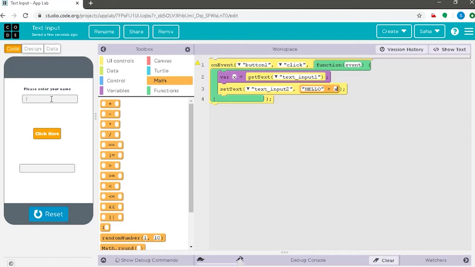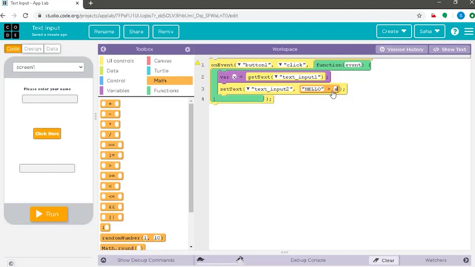So our code has been compiled, and say I am the user, I shall enter my name as I have done before and shall click here. As you can see, there is hello Apple. So the code we have created has let us greet with hello. But you can see that hello and Apple do not have a space. So for that, we can create a space after hello here.